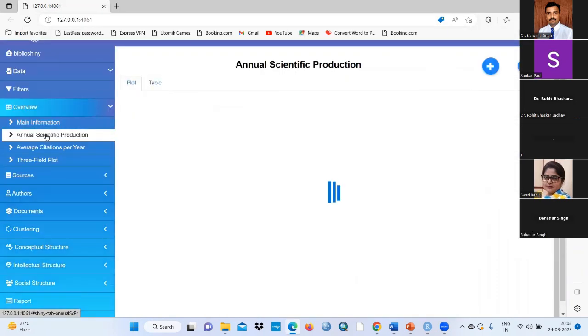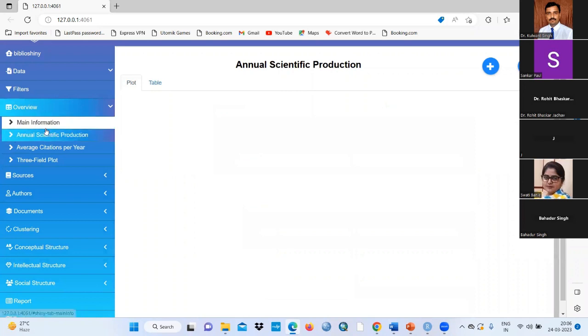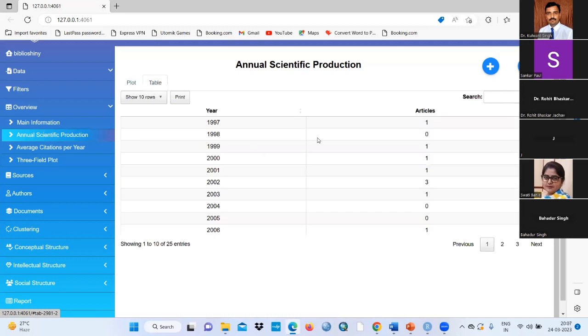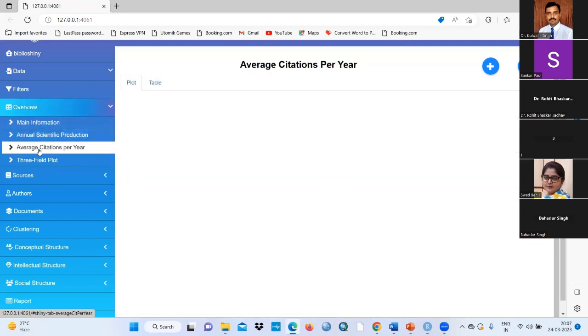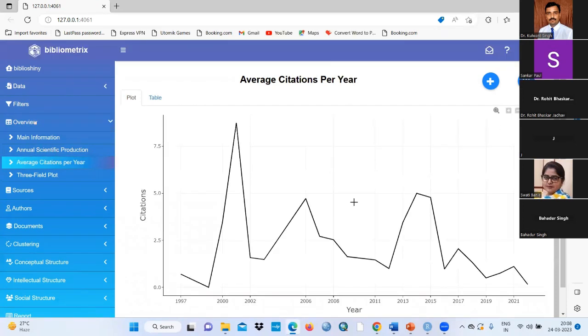Okay, let's see annual scientific production। इसको आप ले सकते हैं, मीन्स एनुअली कैसा साइंटिफिक प्रोडक्शन ट्रेंड रहा है वो इसको शो करता है। ठीक है, और उसके बाद देखिए एवरेज साइटेशन पर ईयर। ठीक है, सभी का ये ट्रेंड आया है, मीन्स एवरेज साइटेशन पर ईयर का जो ग्राफ है, आई होप सभी का आया।